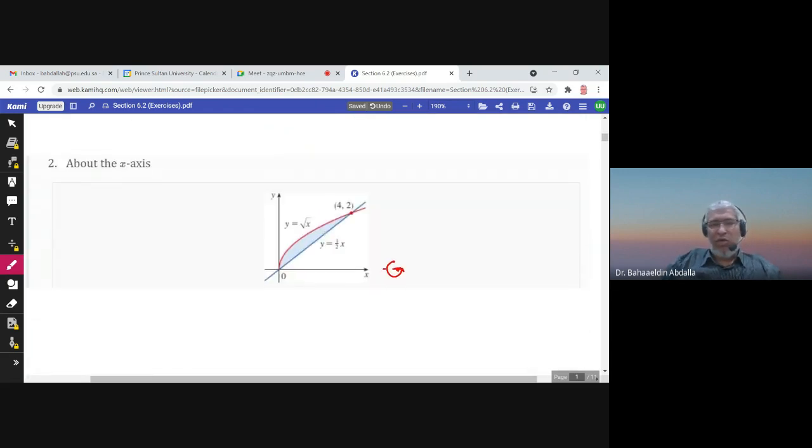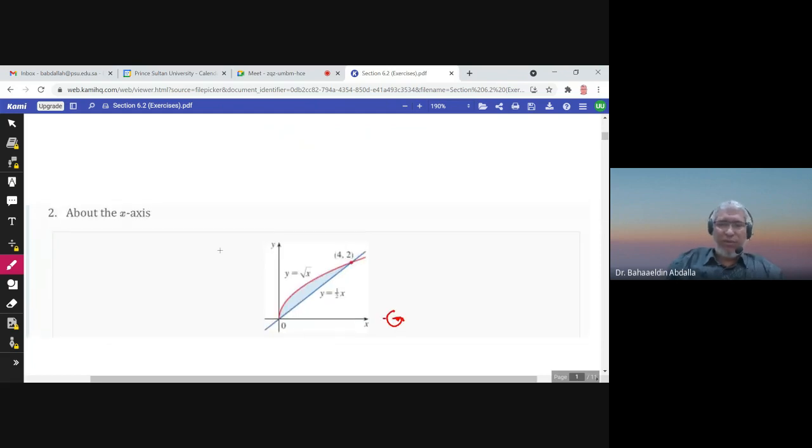But here, when we rotate this region, we will have a washer, not a solid, because there is an empty space between the region and the axis of rotation. So here the formula is the same, but we have an outer radius and an inner radius. So the volume would be the integral from a to b of pi times